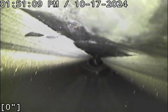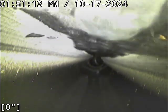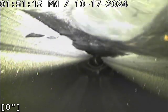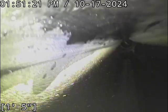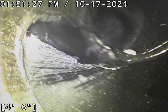Water's running. We are zeroed out. And off we go here. And based on where